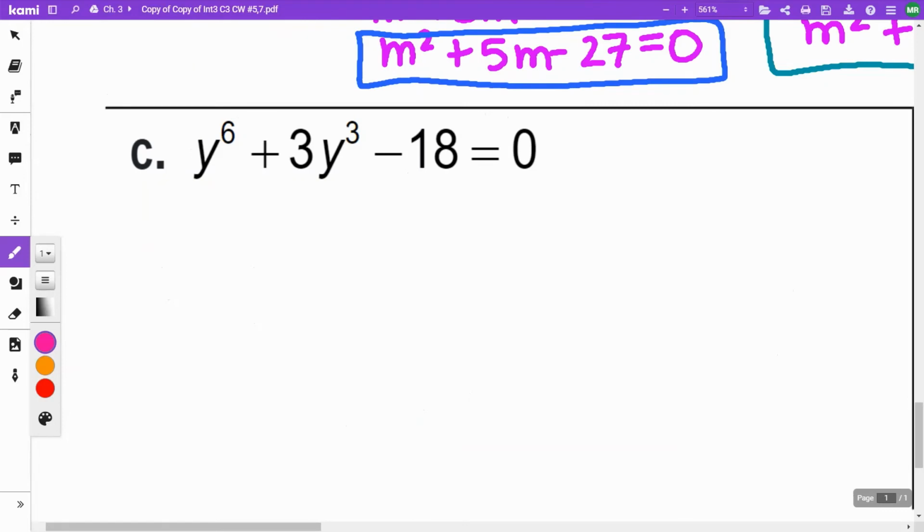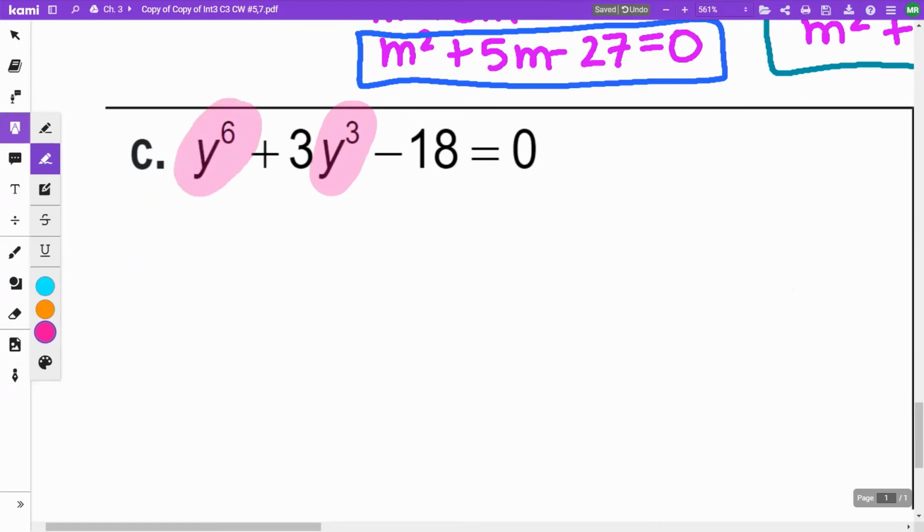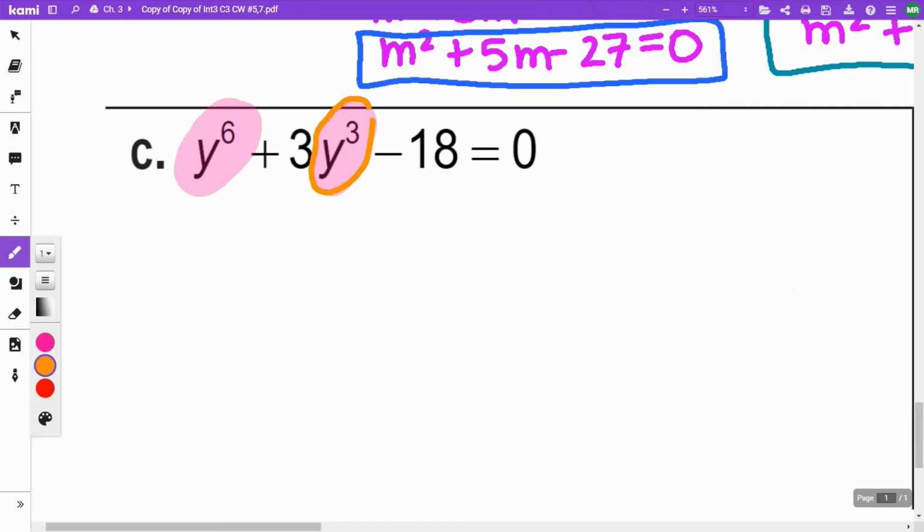On a problem like this, we have this y to the third, and then we have this y to the sixth. That's what I'm kind of concerned with. So what I'm going to do is take this y to the third and let it equal u. And you might say, great, but the other one's a y to the sixth. Yes, it is. But if I take u equal y to the third, which I decided to make a u,